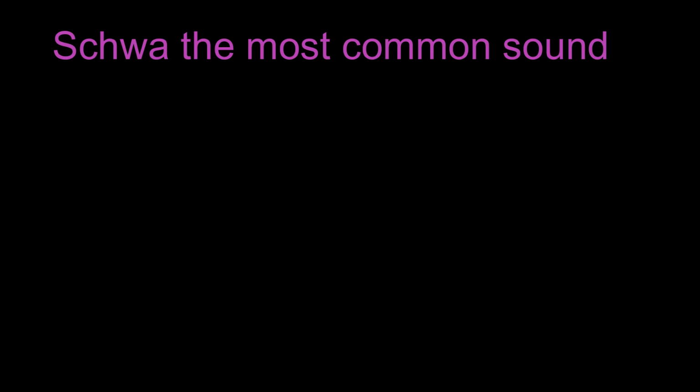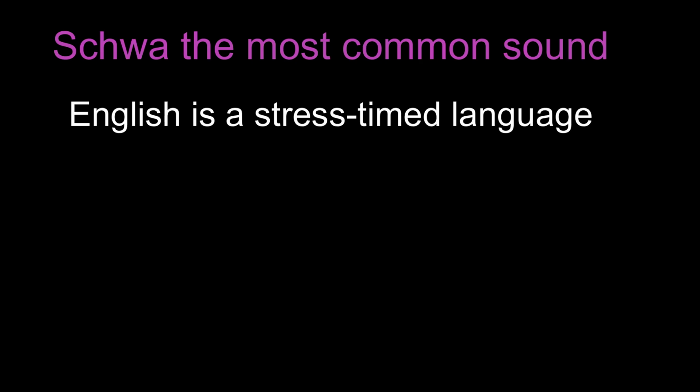How is it possible for a sound that has no clear manner of articulation to be the most common sound in English? To understand the use of schwa, we need to know that English is a stress-timed language,